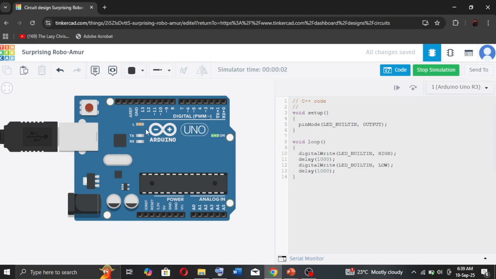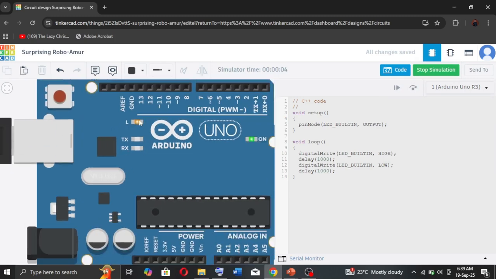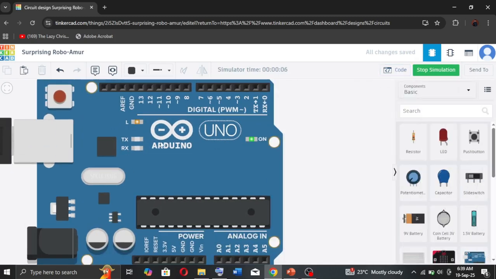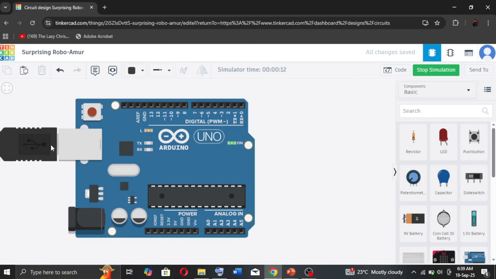You can see your LED on your device is blinking, and even the one here. So as you can see, it's connected to power, and that is it. So that is how you can blink your LED